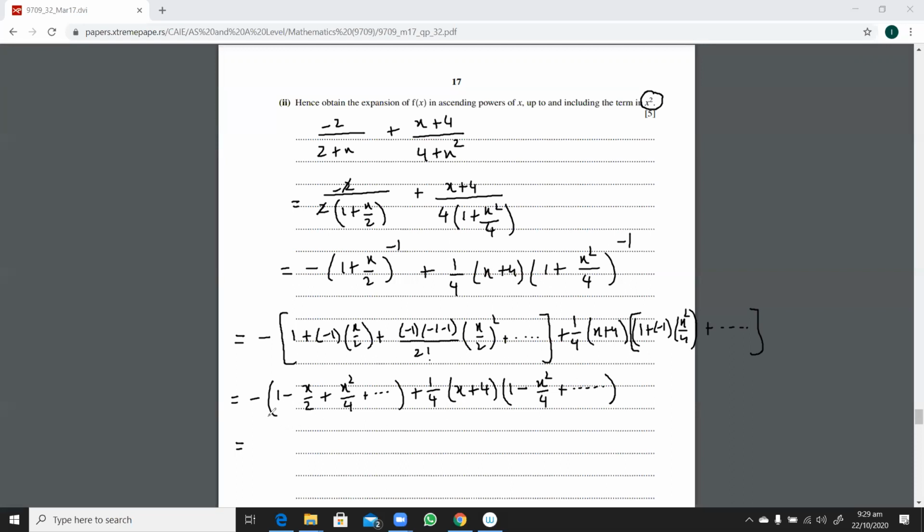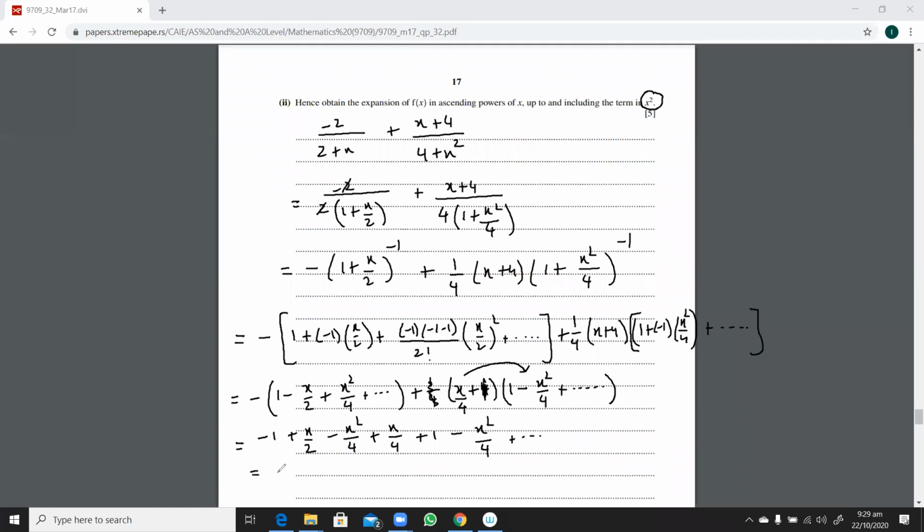So now I'm going to expand this. This is going to be minus 1 plus x over 2 minus x squared over 4. Now, if I multiply this 1 over 4 inside, this will be x over 4 and this will be 1. Just doing that to save my time. So x over 4 into 1 will give me x over 4. I will not be multiplying this with this because this is going to give me a term in x cube and I'm not interested in that at all. So now this 1 into 1 is going to give me 1. And then I have minus x squared over 4.